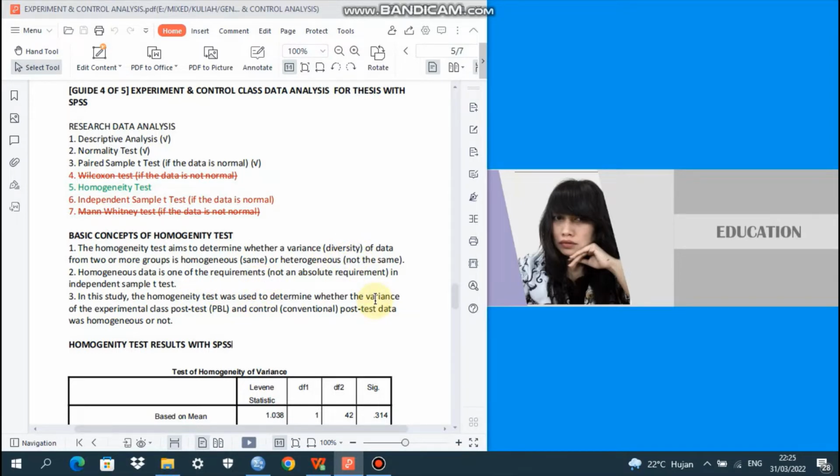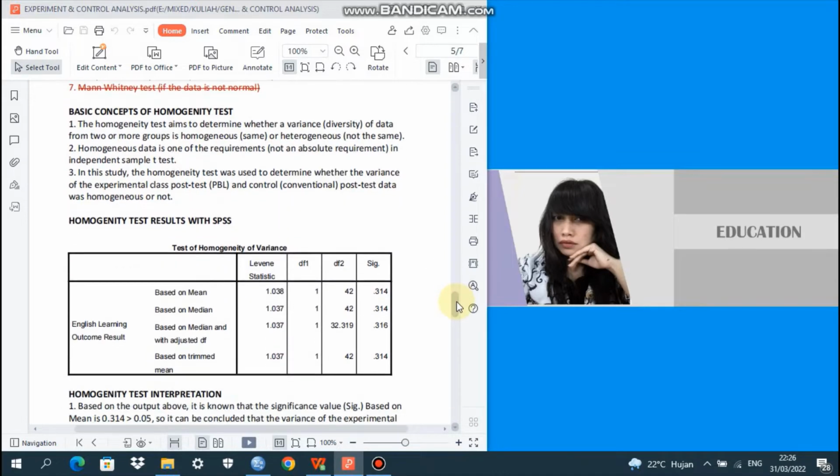Number 2, homogeneous data is one of the requirements, even though not an absolute requirement, in the independent sample test. Number 3, in this study, the homogeneity test was used to determine whether the variance of the experimental class post-test data, in this case the implementation of PBL, and the control class post-test data, in this case the conventional model, is homogeneous or not.